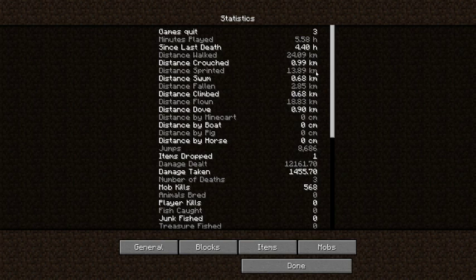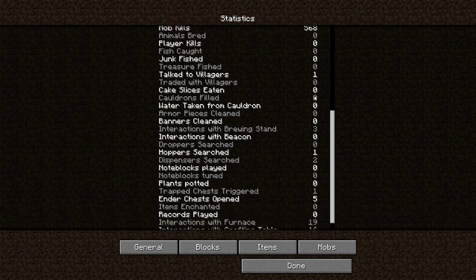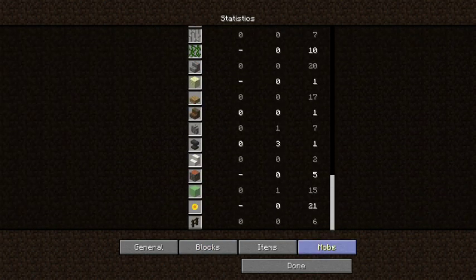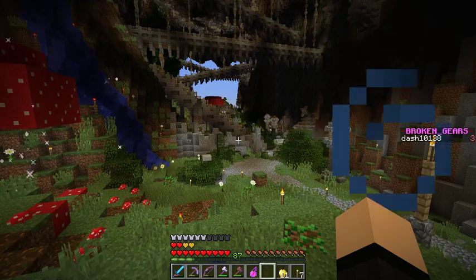Let's have a look at all the other stats. It took a little bit over the advertised 5 hours, but not actually by that much. And 4 hours 40 since the last death. They were all right near the beginning, where we didn't have nearly as much stuff. Damage dealt way more than received. 570 mob kills, near enough. 333 chests. Here's a bunch more numbers. And a whole load of skeletons compared with everything else. That tends to usually be the case. You can do more with skeletons than you really can with any other mob, customization-wise, so...